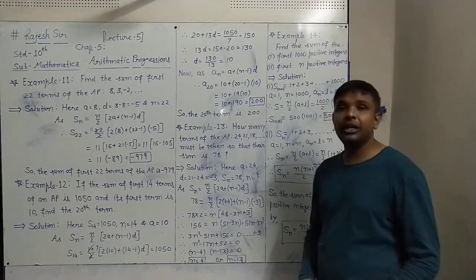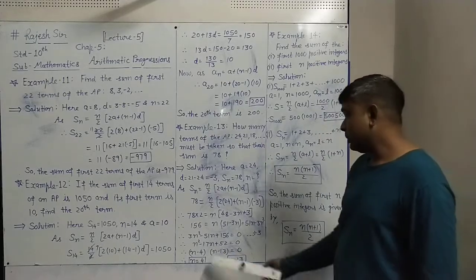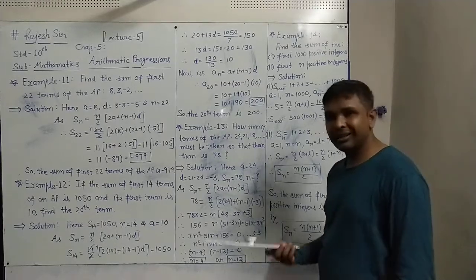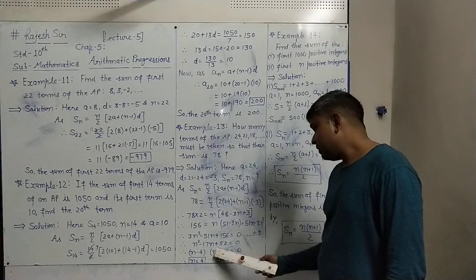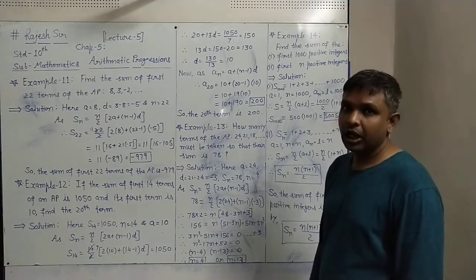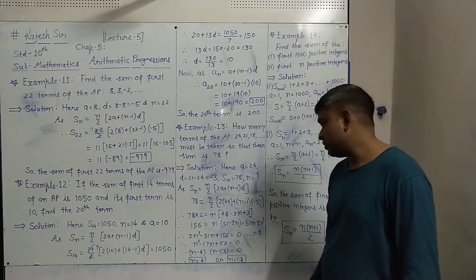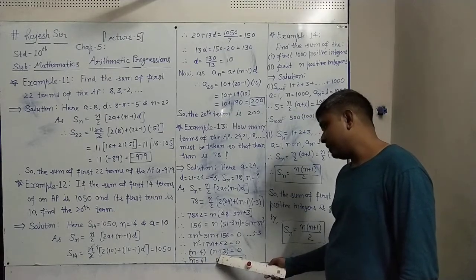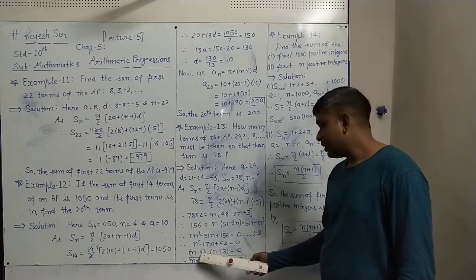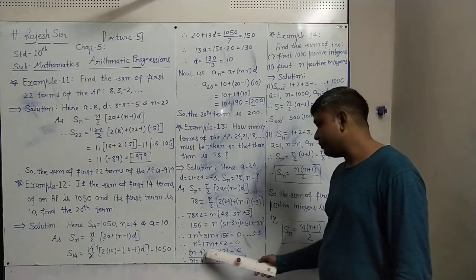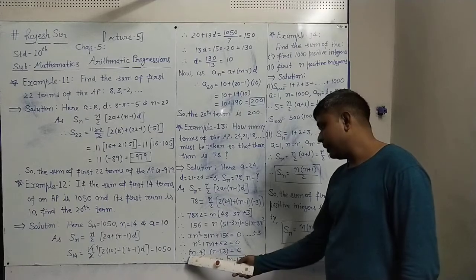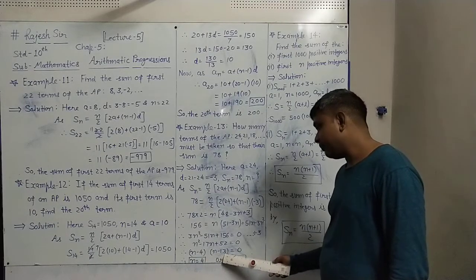This is the quadratic equation we have, n square minus 17n plus 52. This type of factorization we have done many times, splitting the middle term, in chapter 2 and in earlier classes also. For splitting the middle term you need a product of plus 52 and a sum of minus 17. Taking two factors of 52: minus 4 and minus 13, by addition minus 17, and minus times minus is plus, 13 fours are 52. So the two factors of this quadratic polynomial will be (n minus 4) into (n minus 13).